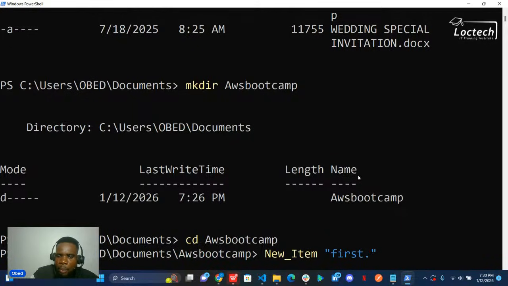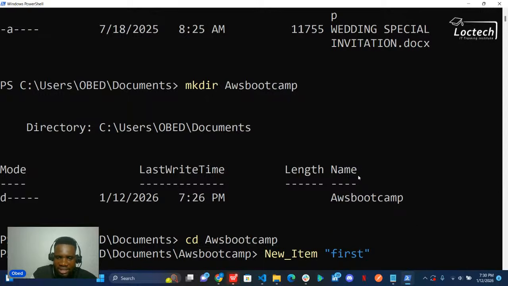If this were to be a movie or a video file, you will see .mp4. If this were to be a music file or an audio file, .mp3. So the dots and what comes after the dots, that defines the file to be what it is. So the extension of the file defines the file to be what it is. So again, the main difference between a folder and a file can be said to be the extension. Files have an extension, while folders do not have an extension, right?